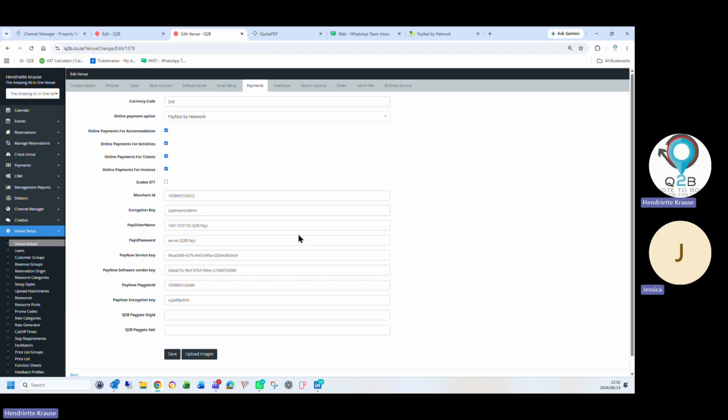So you guys are integrated directly into the bank. So for example, we are with Absa Bank. Does it mean that you then link directly with Absa Bank? PayFast links directly with Absa Bank. So in your MOA, the agreement that you sign with PayFast, they will ask you which bank do you want your money deposited to, and then they'll deposit the money to that bank account directly, not to us.